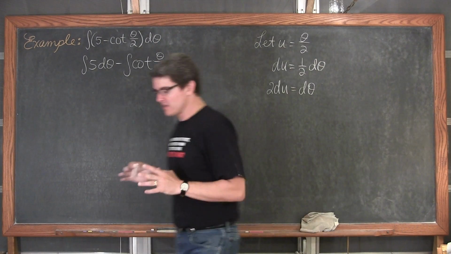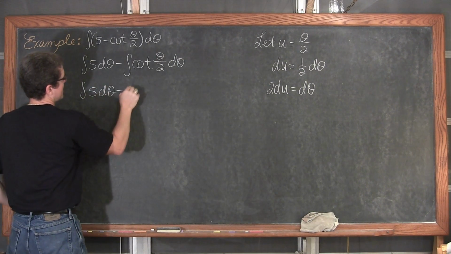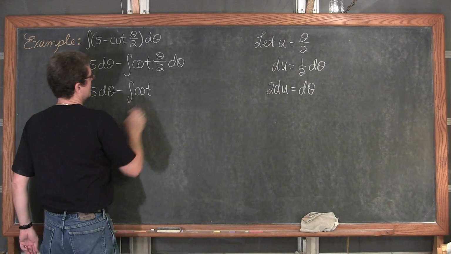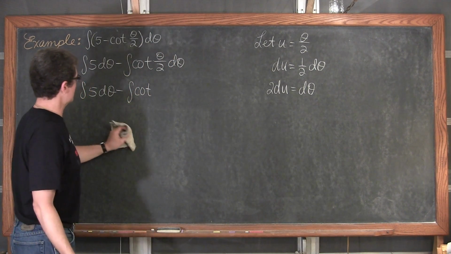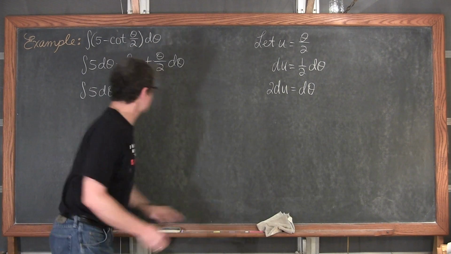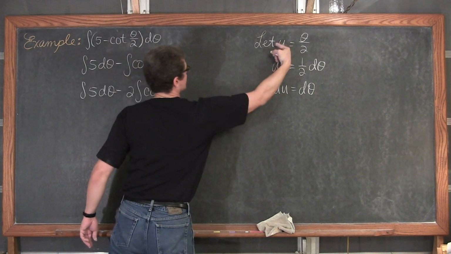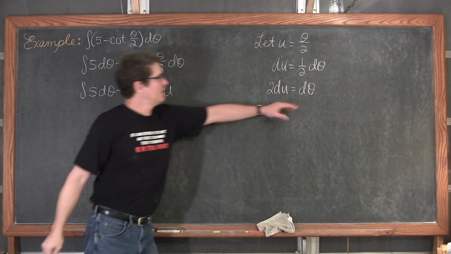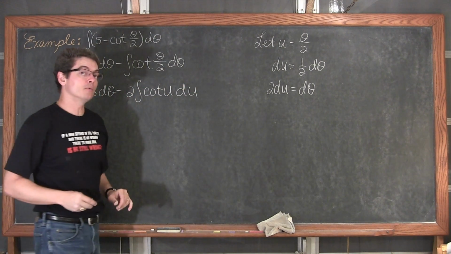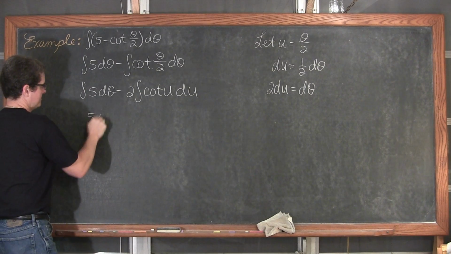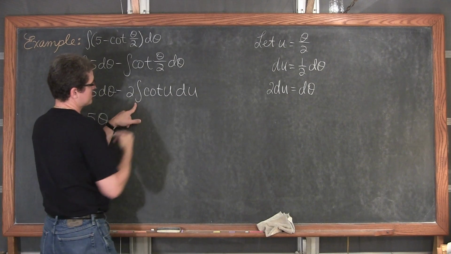Now, let's get this rewritten. We have the indefinite integral of 5 d theta minus the indefinite integral of the cotangent of, and I just forgot something, right? I'm going to get rid of all my references of theta, and where am I going to put the 2? I'm going to move that out front. So minus 2 times the indefinite integral of the cotangent of theta over 2, which is u. Now let's go back to that again. d theta to du. And now we have 5 theta, sorry about that, minus 2 times the integral of the cotangent of u du